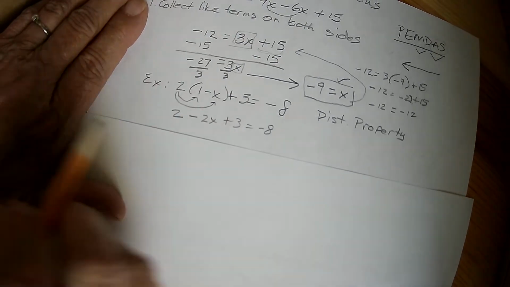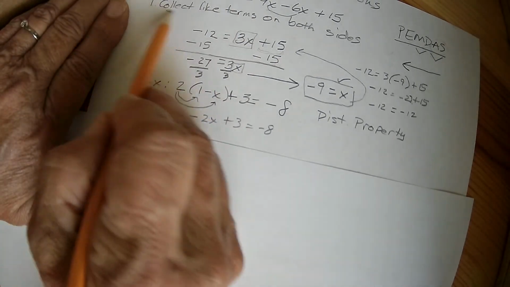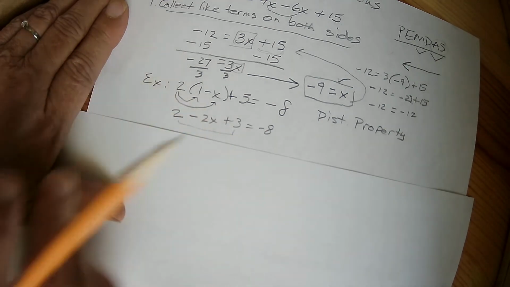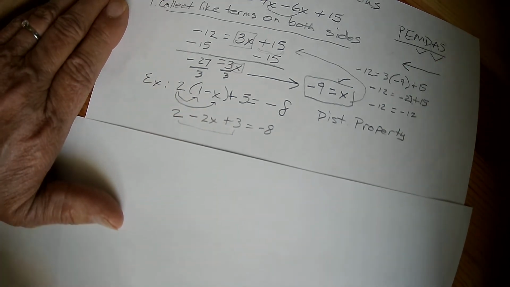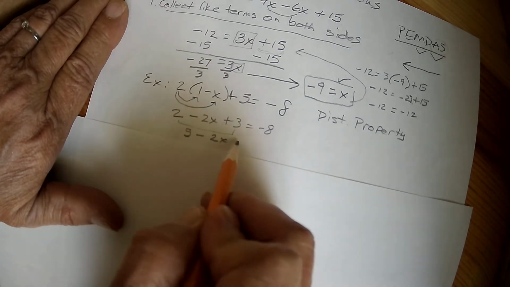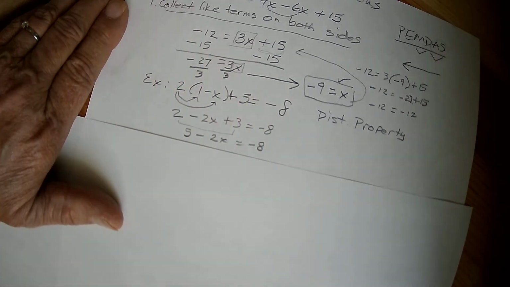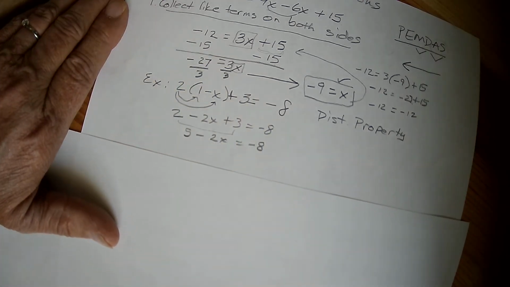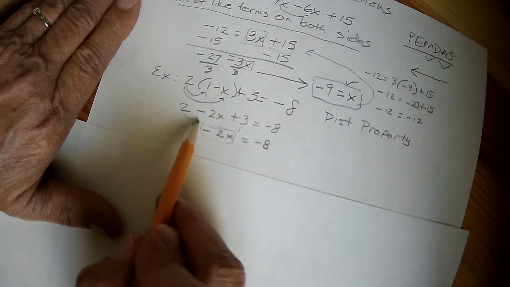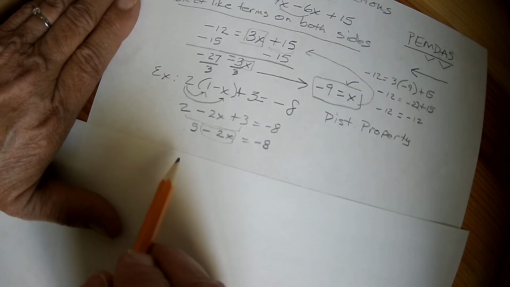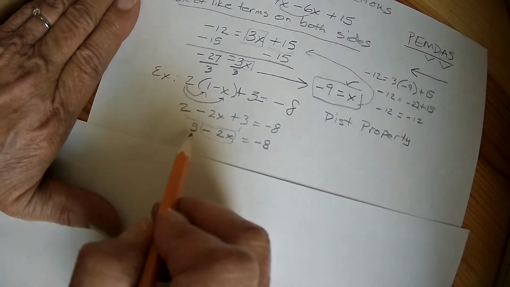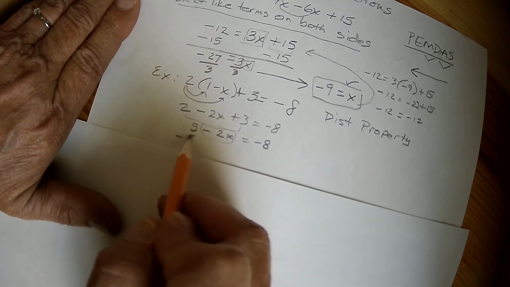Sorry. All right, so now I'm going to go ahead and collect my like terms. Well, I can add these two together because they're constants, right? 2 plus 3 is 5, and then I have the minus 2x equals negative 8. So I want to isolate my variable term. I'm just going to put a little square around that. What am I doing right here with the 5? I'm adding the 5 to this, right? In order to get rid of that 5, I have to subtract it. And I'm going to do that